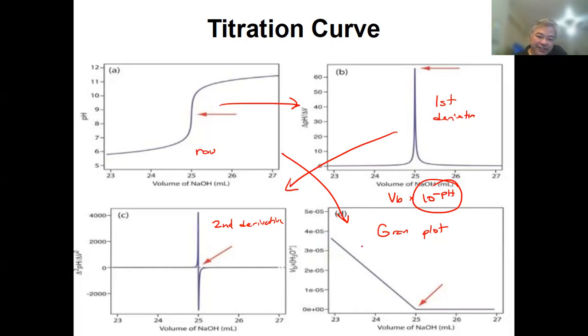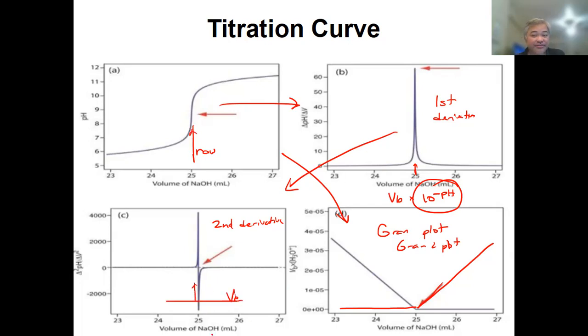Then we also have what is called the Gran 2 plot. How does the Gran 2 plot look like? It's like this, a straight line. There's a lot of things that you do, but what they do is they give you a clear picture of your